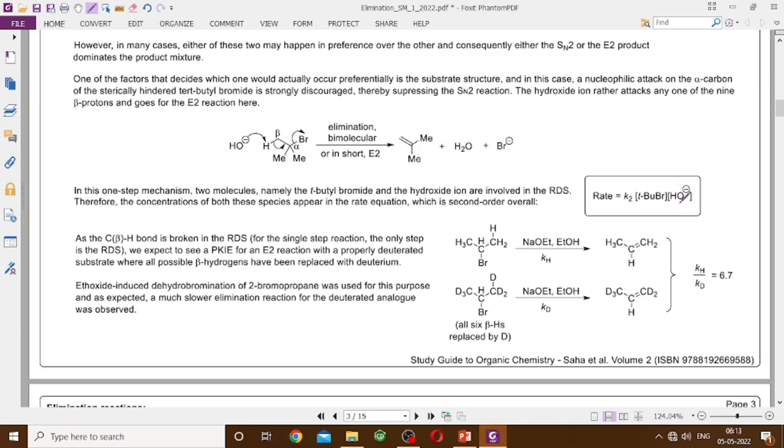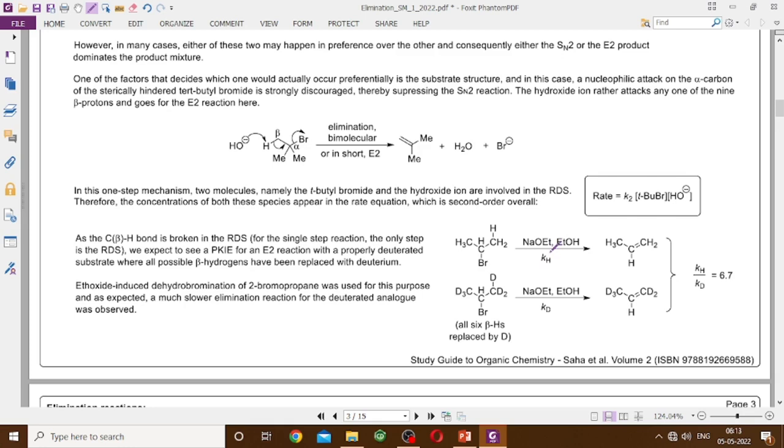we expect this rate equation where it is first order with respect to the organobromide, first order with respect to the hydroxide, overall second order. And because this is a single step reaction, this carbon hydrogen bond is breaking in the rate determining step, we also expect primary kinetic isotope effect. So if we treat this particular compound, this is isopropyl bromide with sodium ethoxide in ethanol, সেটাকে আমরা এই রেট